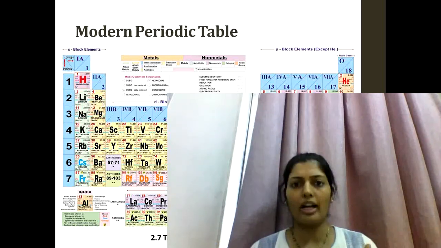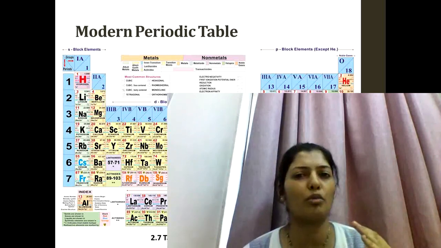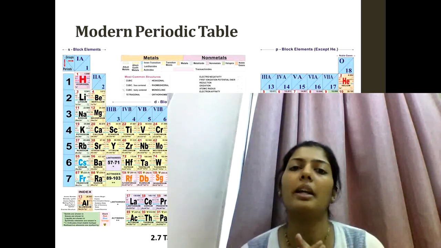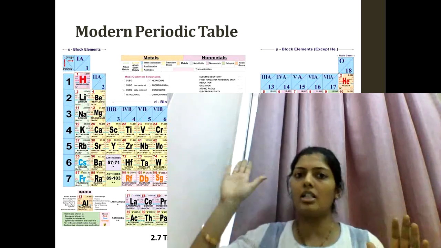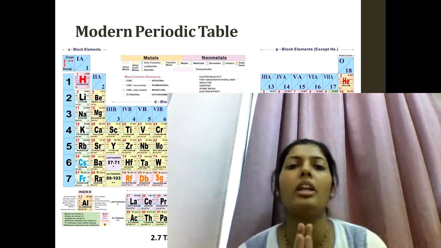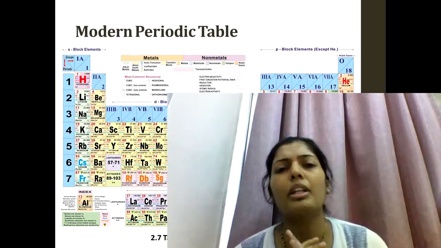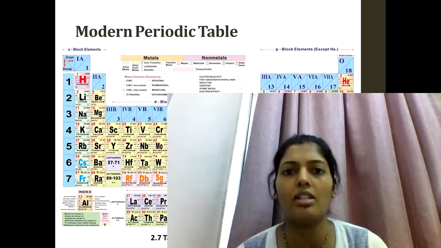F block placed at the bottom of the periodic table. ये क्या है? It is placed at the bottom of the periodic table. They contain क्या है? Metals. Metals, non-metals, metalloids and bottom पे क्या है? Metals. Okay. So now if you remember something new we learned yesterday, or you can say in the previous sessions,